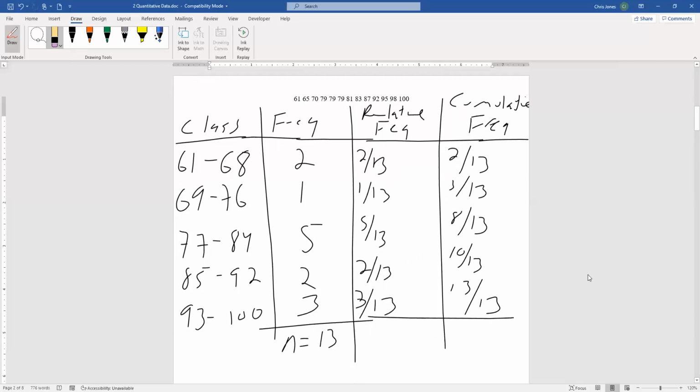All right, so hopefully this helps you to illustrate how we're going to create a frequency distribution for our quantitative data. Now, you might recall in the last videos, once we had the frequency distribution, we started making graphical measures. That's exactly what we're going to do: we're going to look at the different graphical measures that are possible for quantitative data, and then we're going to construct them, and then we're going to analyze